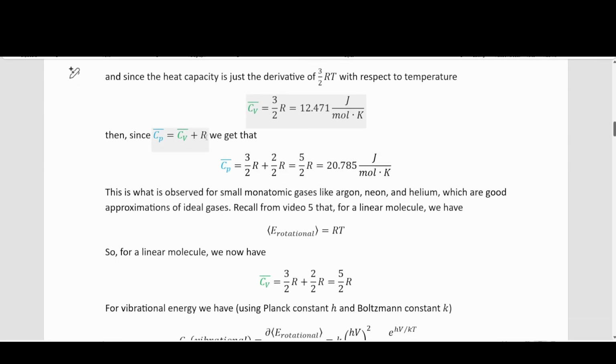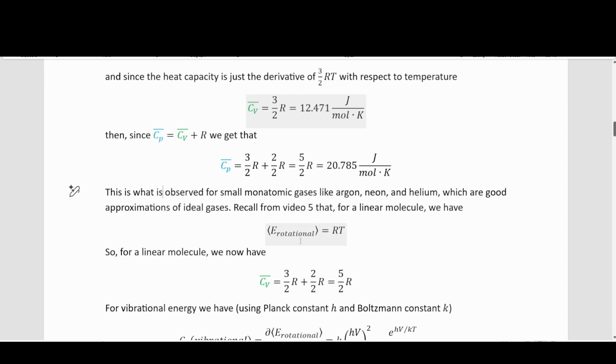And since we know now that the constant pressure heat capacity is just the constant volume heat capacity plus R, we end up with this right here for our constant pressure heat capacity. Again, this is for that monatomic ideal gas. This is what we observed for small monatomic gases like argon, neon, and helium, which are good approximations of ideal gases. Those are small atoms, they're not bound to anything,